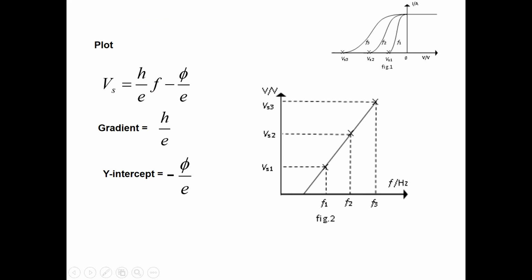Right, so for the same metal, listen carefully, for the same metal, I changed the frequency just now. So I used frequency 1, I had stopping potential 1. I changed to frequency 2, I found stopping potential 2, so I mark it here. And I did stopping potential 3 for frequency 3, I mark it here. So on your V versus F graph, I can draw this line by connecting the 3 crosses and extend it to this point to find the threshold frequency of the metal. Okay? So that's how we find the threshold frequency of the metal experimentally.